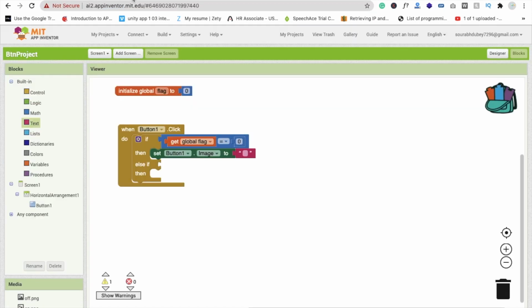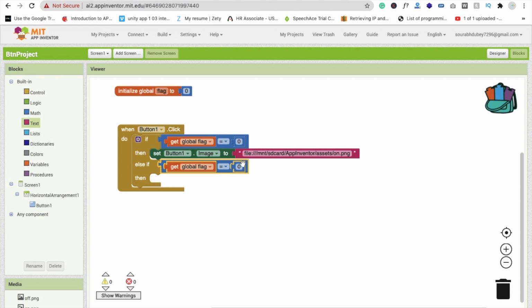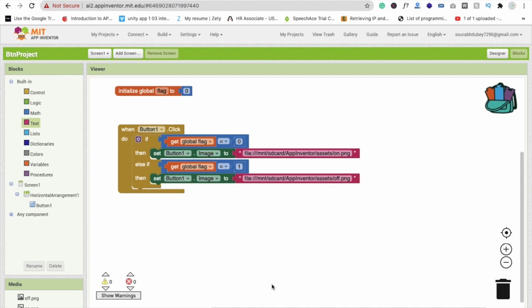But in production we need to change this URL. Okay, so I will give you the link of this URL also. You don't need to worry. Just copy this one again and make this one, and then again copy this one and make it on to off like this.